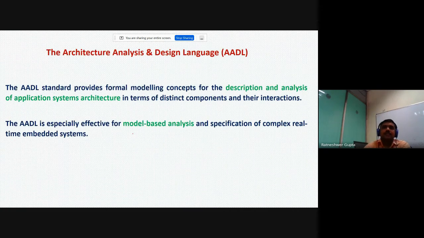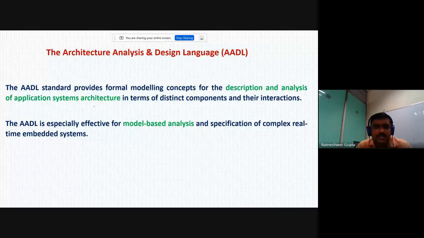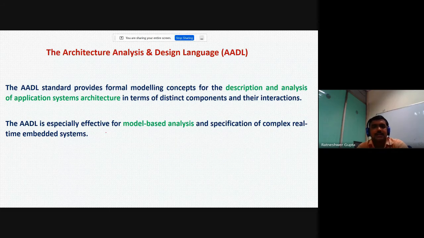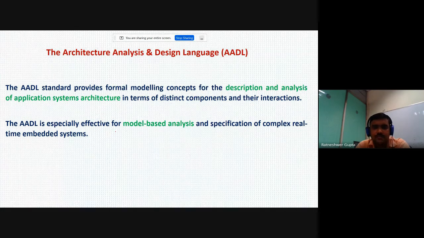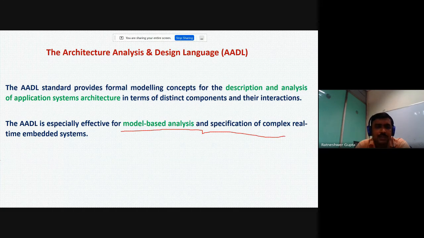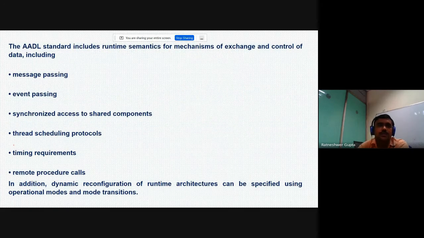Now another thing here is the AADL, the Architecture Analysis and Design Language. This AADL standard provides formal modeling concepts for the description and analysis of application system architecture in terms of distinct components and their interactions. AADL is especially effective for model-based analysis and specification of complex real-time embedded systems.